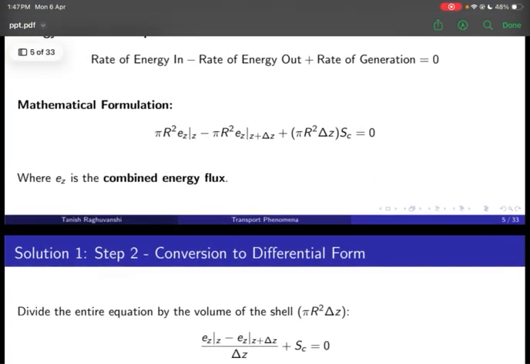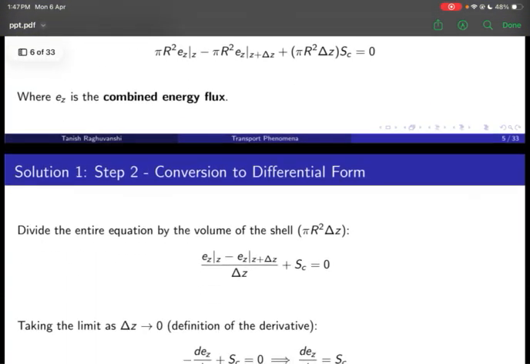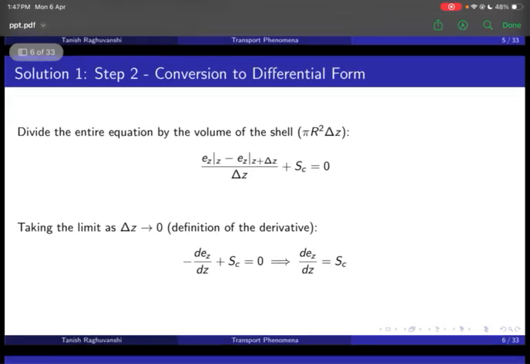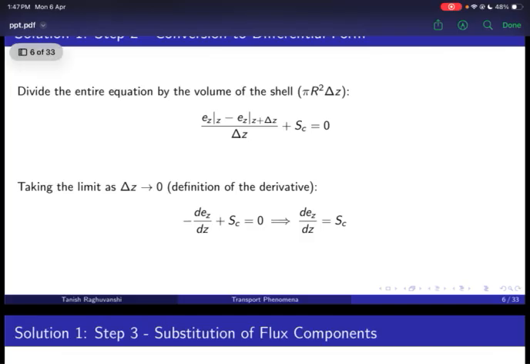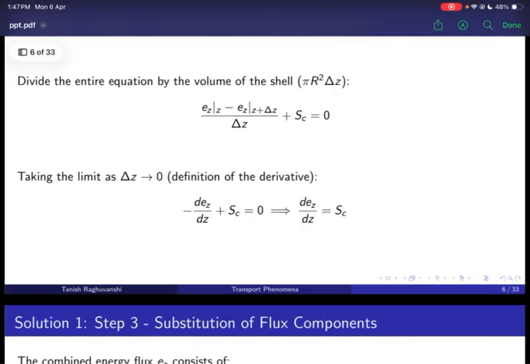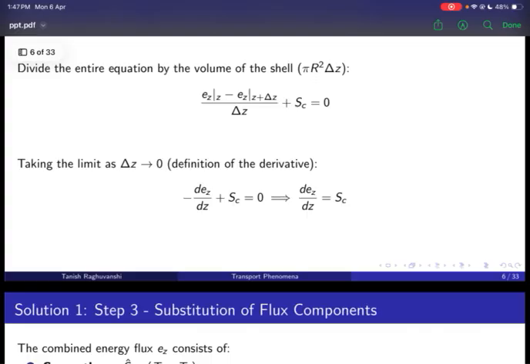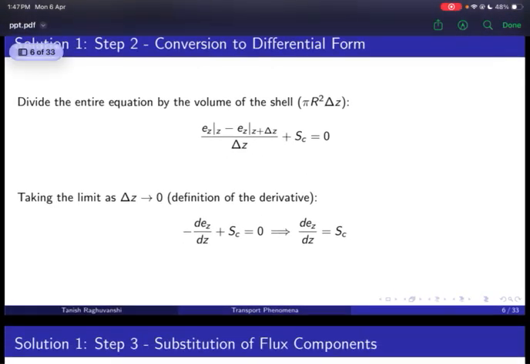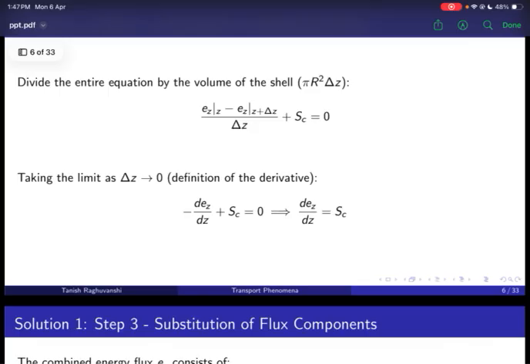Now we can divide this by pi r square del z, and when del z tends to 0, we can take that as a differential derivative, which comes out to be, as mentioned, the differential of combined energy flux with respect to Z is equal to